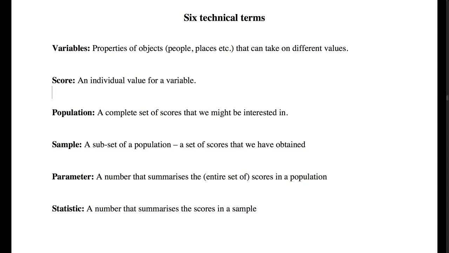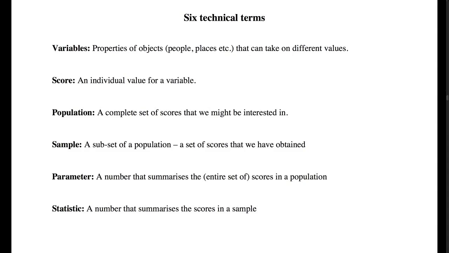These are examples of scores. For the individual, they just have one value. Next, we've got a pair of things that we need to understand in connection to each other: population and sample. So the population of scores is the complete set of scores that we might be interested in. So for that study with prison inmates, although we had 15 prison inmates, we're probably interested in not just those